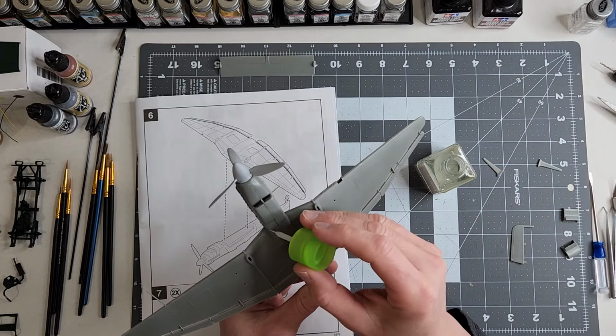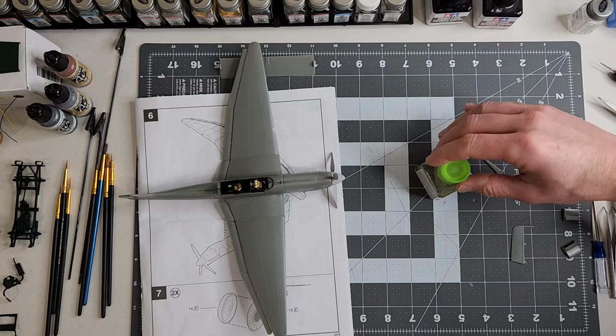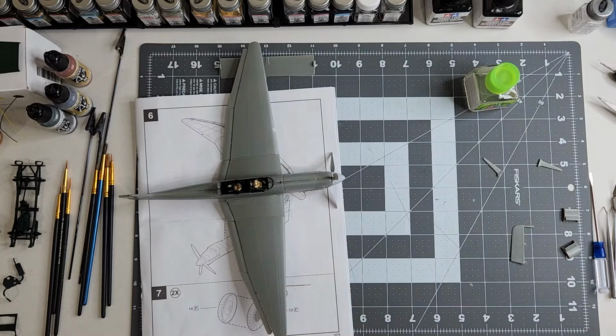What would I do with my towels? There we go. Got a little bit of paint on there from the inside of that dark German gray. So now